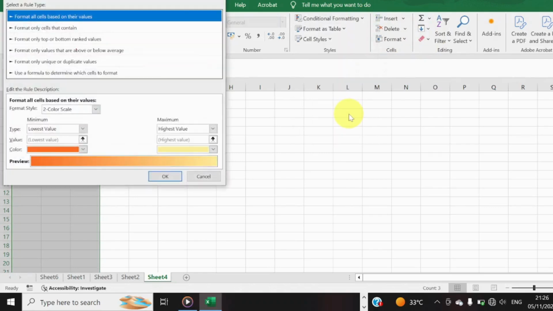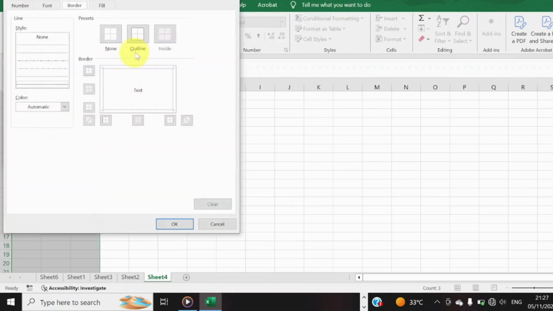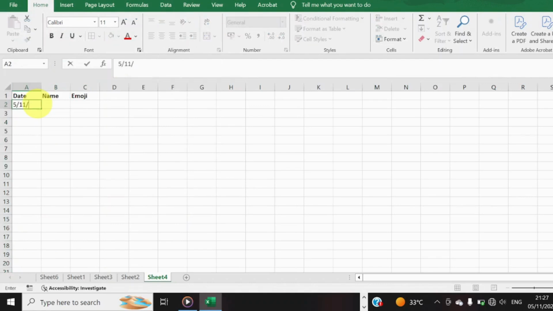You set new rule, pick use formula, then equality, freeze this, then OK. By the time you start typing, let's say 5th 11th 2024,